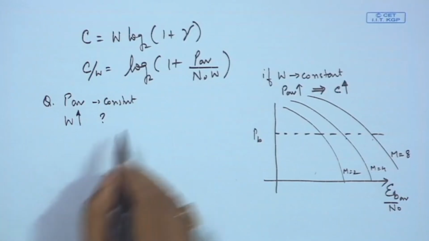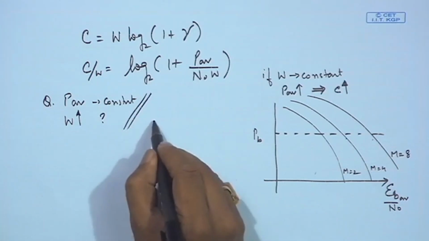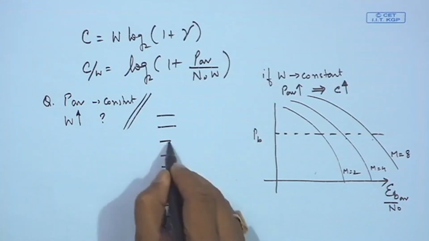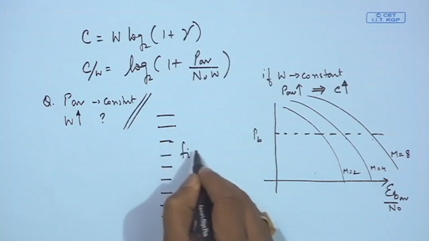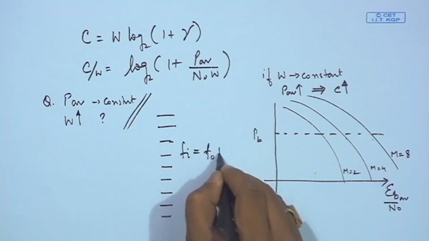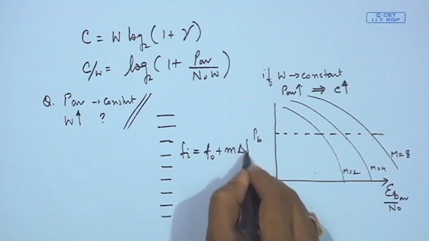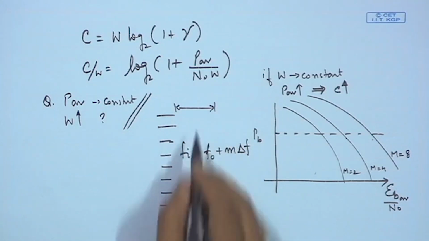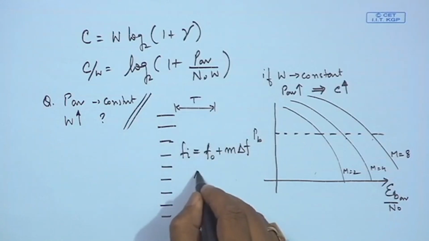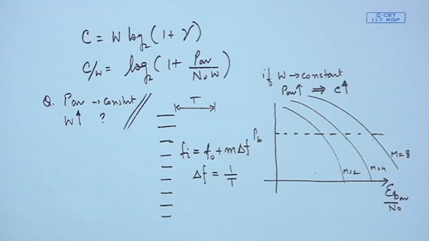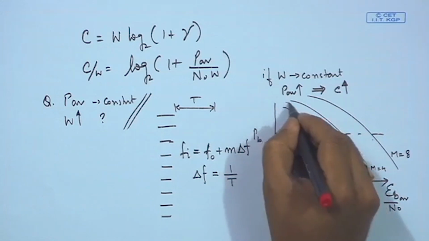This reminds us of the M-ary FSK, in which a particular frequency f_i is equal to some base frequency f_0 plus m delta f, and if the symbol duration is T, to maintain orthogonality we have to ensure that delta f is equal to 1 by T. And there we had seen that as we increase m,